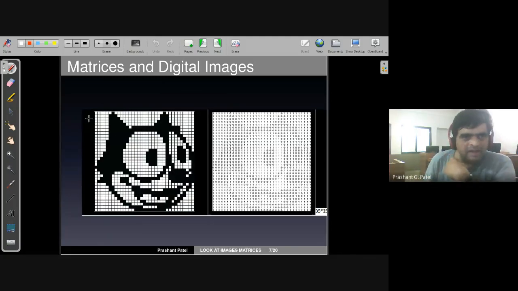So here is the matrix which we are talking about. This matrix is 35 by 35. This is the original image. If we convert this matrix into an image, then it will have 1s and 0s here. You can just see that. From the image itself, the cat figure is reflected from this matrix. So this is the image, and its matrix is this, that we can see from this.